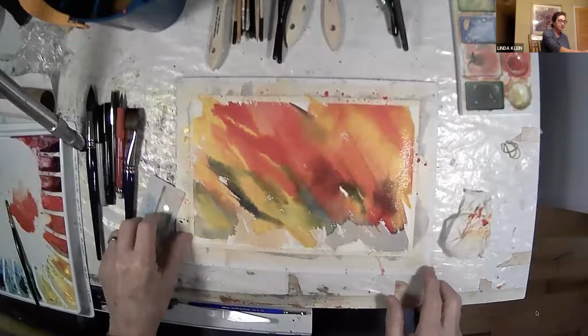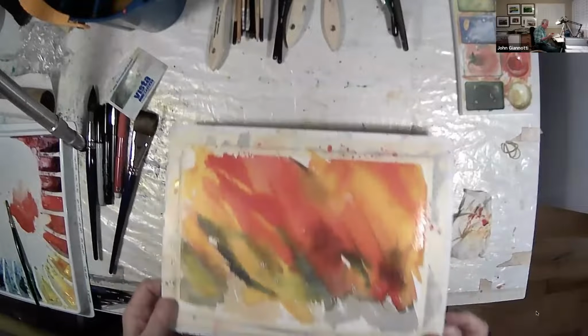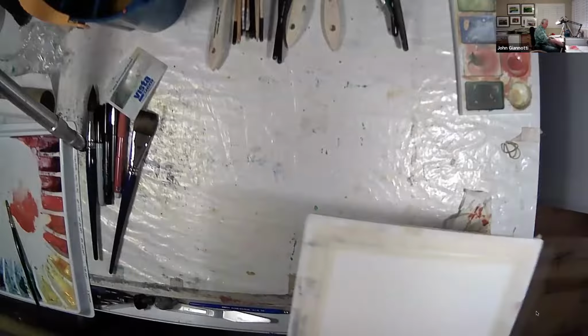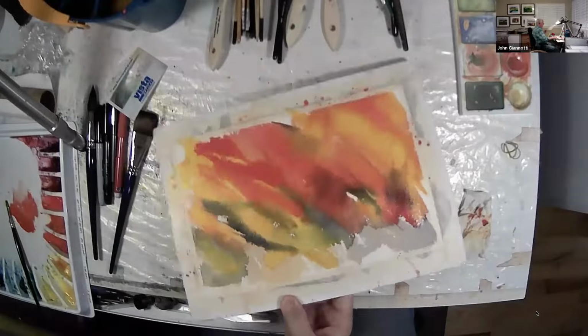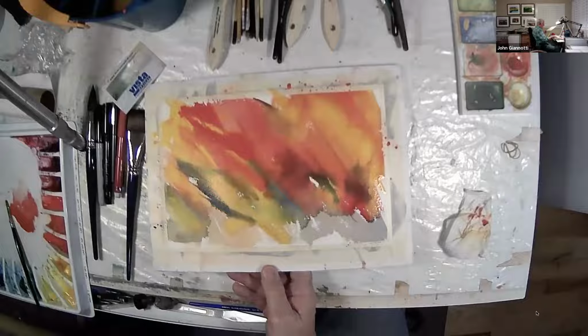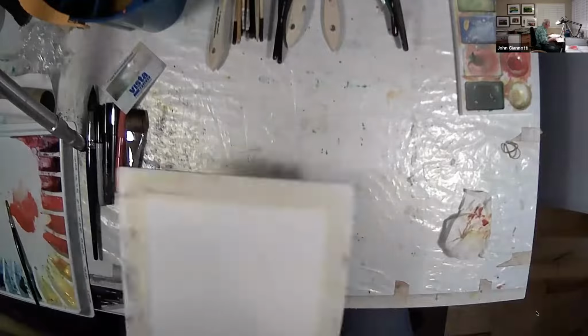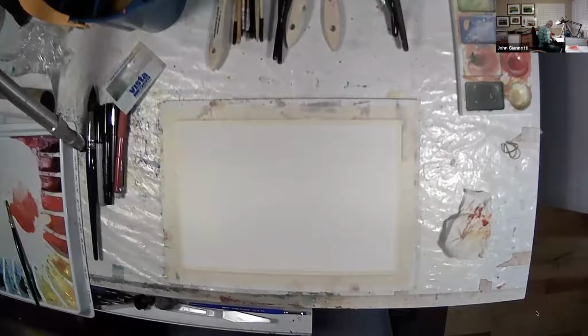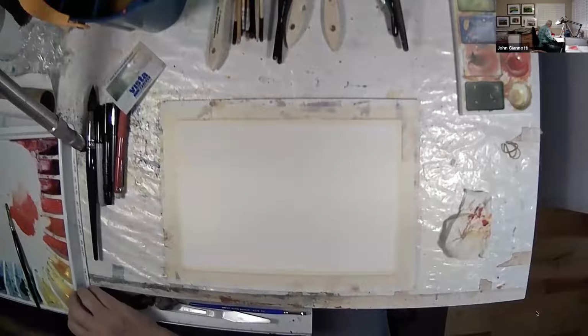Yep. Okay, so while everybody's finishing that, I'm going to do a quick one in darker colors because I consider these to be bright light colors. And I'm going to do one that is more in the blues. So these are the ones that were